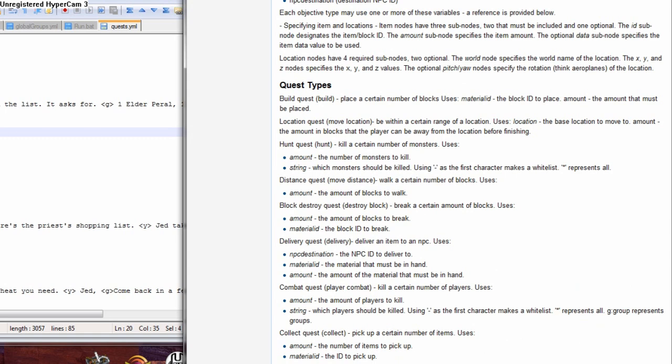And under your quest types, these are basically your objective types. You have build, move location, hunter, distance, destroy block, delivery, player combat, collect, and all of these, they give the thing itself, and then they show what little sub things are going to show up under it.